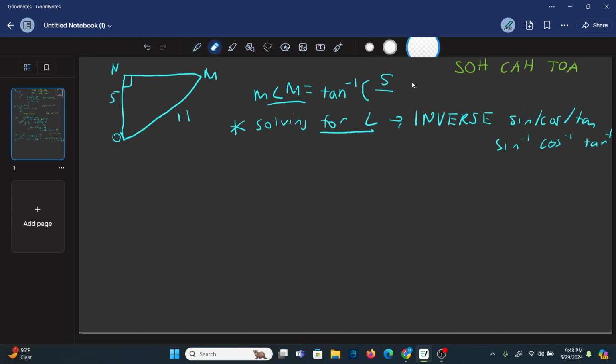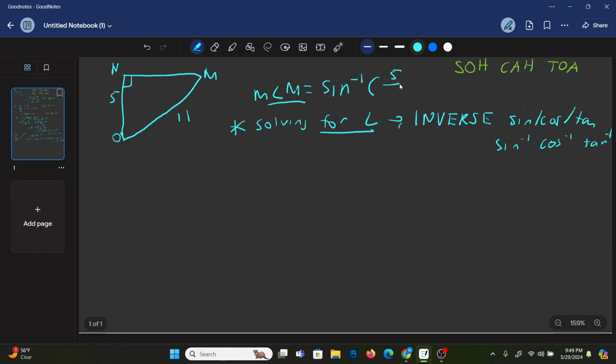It would not be tangent. It is not tangent. So it would not be tangent. It would be opposite over hypotenuse, which is sine. So it would be inverse sine